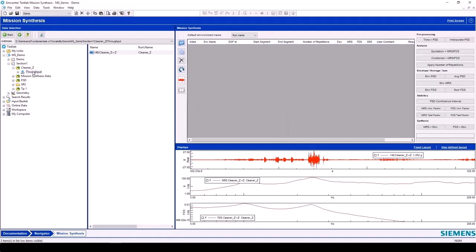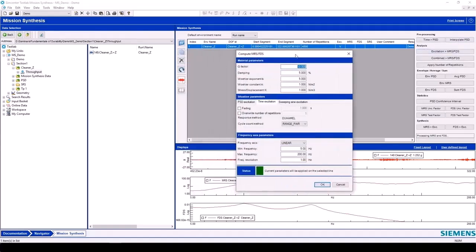I'll delete that, browse over there, pull it in, and now I'm going to enter the repetition factor as 4,800. Then I'm going to go over here, where I have some extra pre-processing if I want it, but I'm going to pull up my compute MRS FRS. I'll leave this at 5.